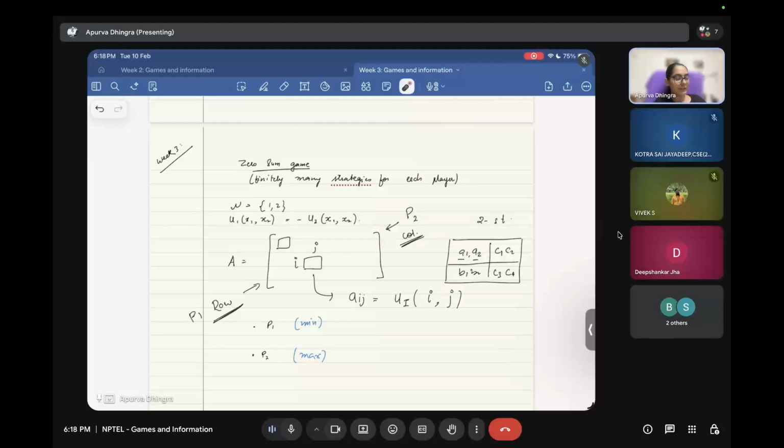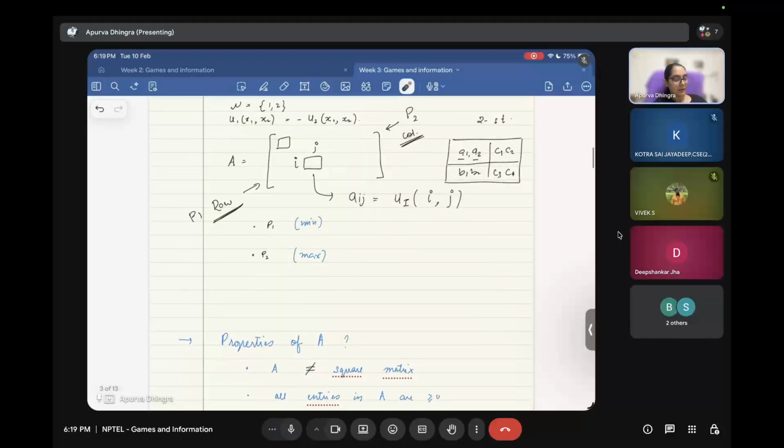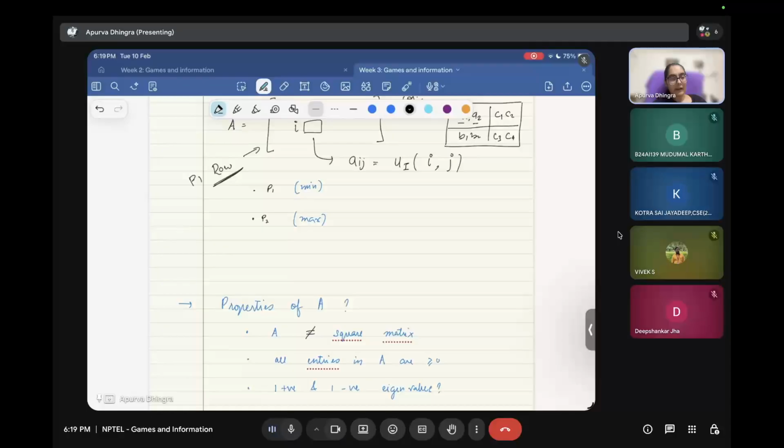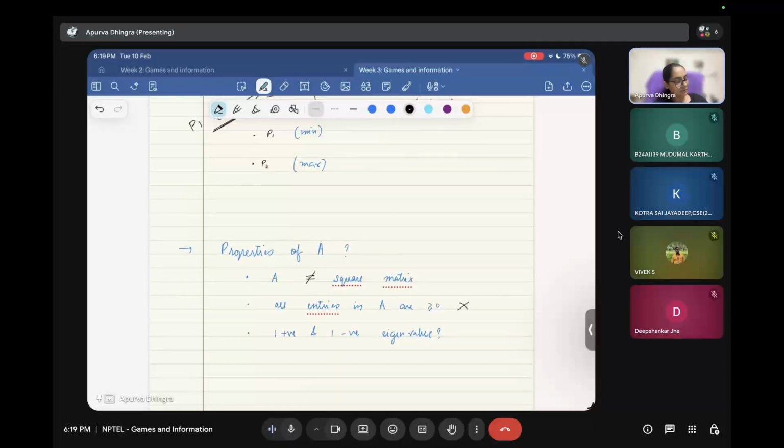The utility of the second player is anyways not visible to us. Those two will be by default summing to 0. That's for sure there. But it never says that any of these entries has to be a certain value. It has to be greater than 0 or greater than equal to 0 or anything like that. So there are no restrictions on what kind of values are allowed in this matrix. This is just a kind of a utility function itself, and there are no such restrictions on A, the entries